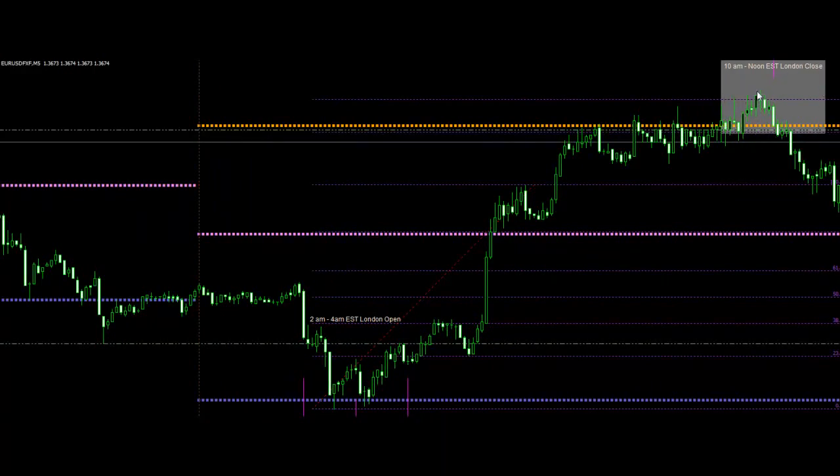Okay, and this is your 11 o'clock New York time, which is the midpoint of what would be considered our London close. Basically 10 a.m. New York time to noon New York time is a real good time, but it can go as far as 1 o'clock if things get crazy. And today could have been very easily one of those indications. Okay, so that was the trade for